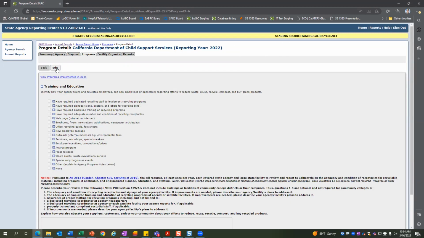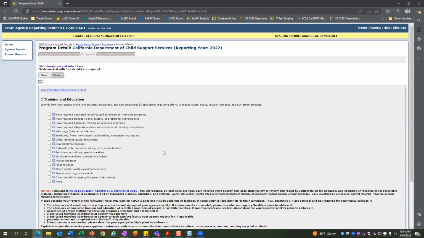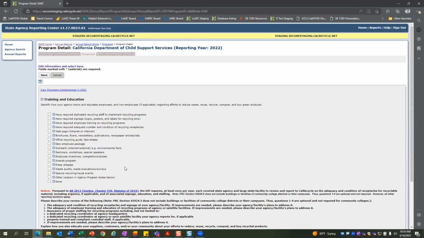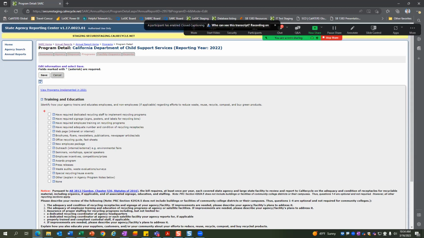All right, training and education. This is another spot where we simplified the text. If you look at your old report, it's on these top four mostly where we simplified the text. What these are referring to is AB 2812. So if you need more information, you can click on the hyperlink here and it'll go to the actual statute on 2812. What 2812 implemented was that each agency is required to have these things. So we hopefully made that more clear in the language we're using here.